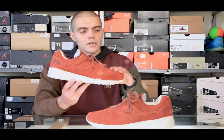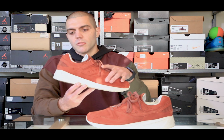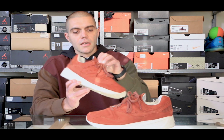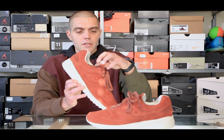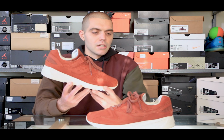a more elevated, luxury feel with the premium suede that they used on most of the upper, and then they also used a perforated suede on the mud guard and the back collar, and then they have the regular padded lining they use for the booty and the collar on this shoe. So they really did a nice job, and the thing that I really like about this shoe,